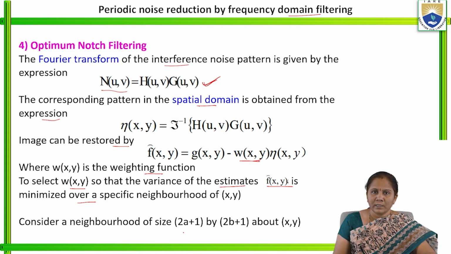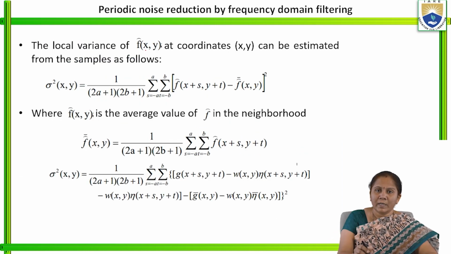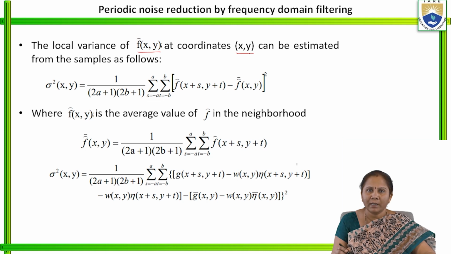So consider the neighborhood of size 2a plus 1 by 2b plus 1 about the neighborhood values of x,y. So considering this, we can write the estimated output f cap(x,y) at the center coordinates x,y as,